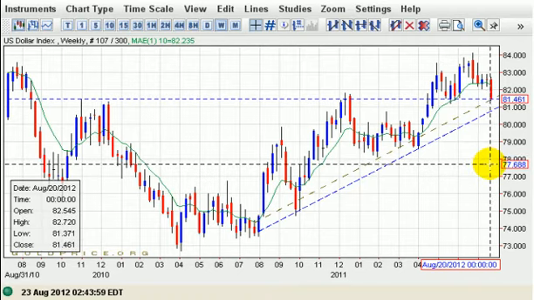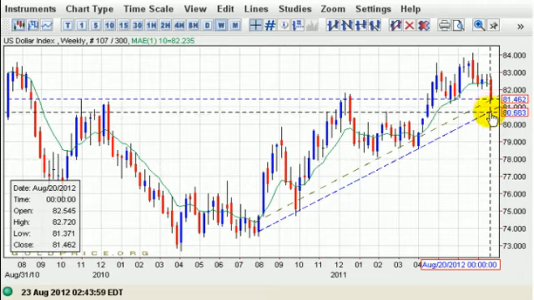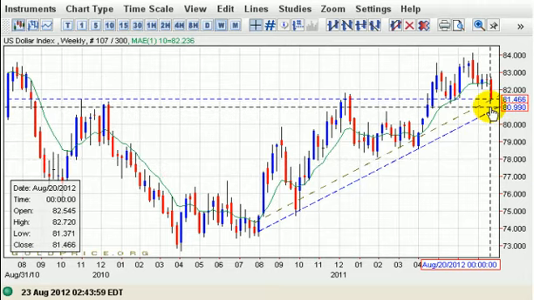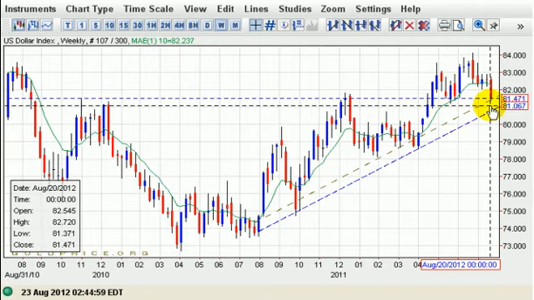Please look at your left hand screen that there is still a possibility that a move lower to the 81 level, which is here, would likely be a touch prior to a pullback, which would happen within this Friday's closing for the week,